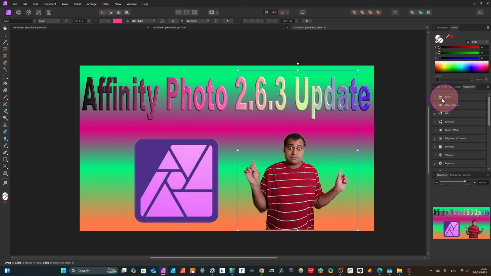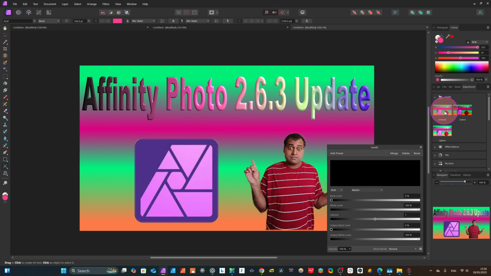Now we have added adjustment, and we can change levels etc. For example, I take this level. Okay, default, and you can now add. You see here like some black touch, and we don't need it a little bit. We will change the white level. Okay, and we will add gamma. We will take some like this. We will decrease gamma, and the output black level we will increase here a little bit, not too much, and the output white level we want to decrease something.